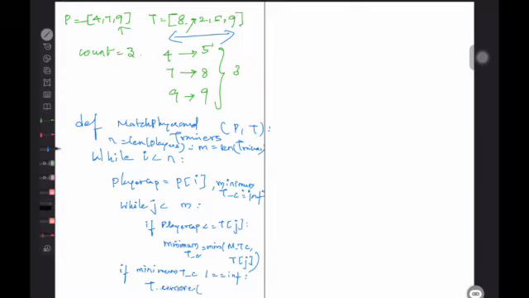T dot remove whatever minimum training capacity we have found. For example, in this case first 5 would have been removed, next 8, next 9. Then we update count plus equals 1. I hope this makes sense how we'll be working.